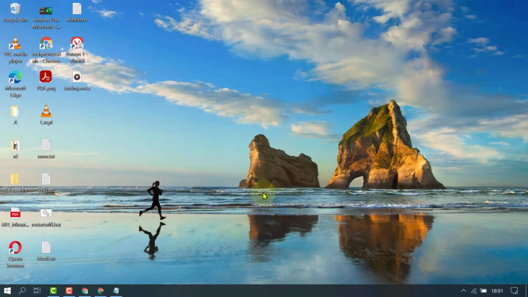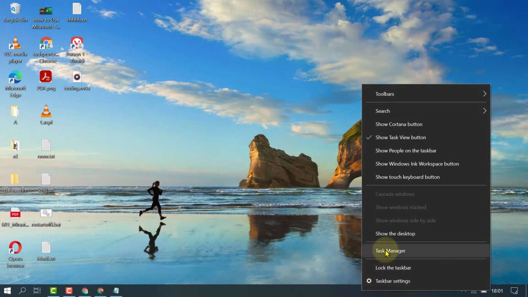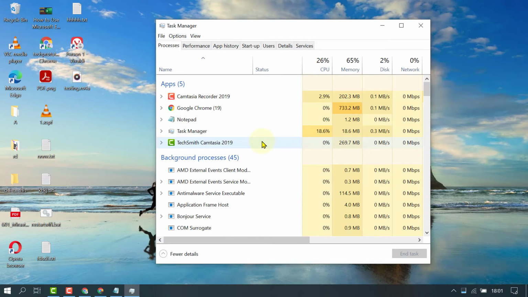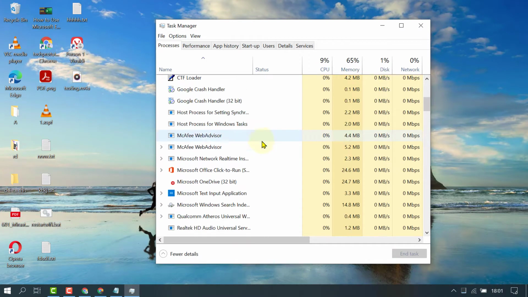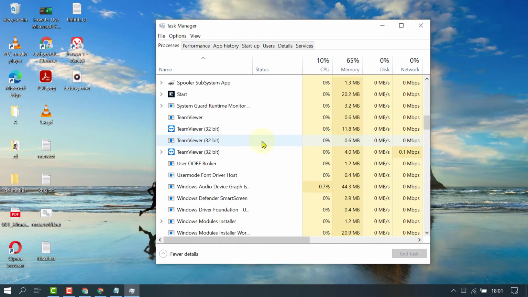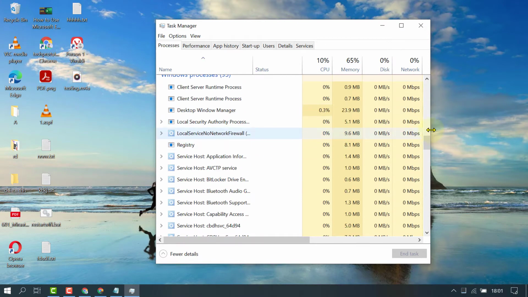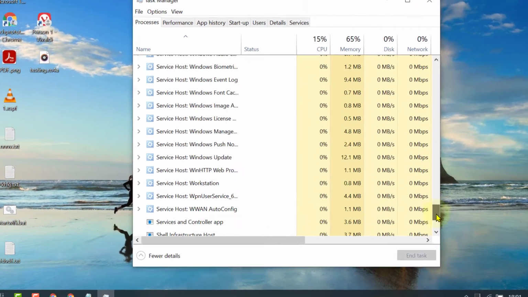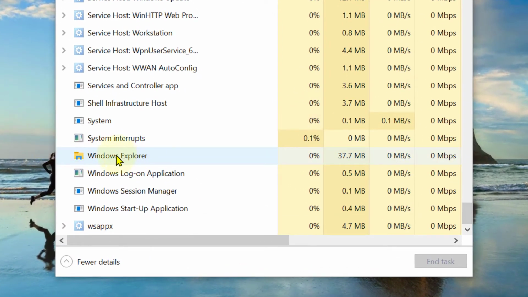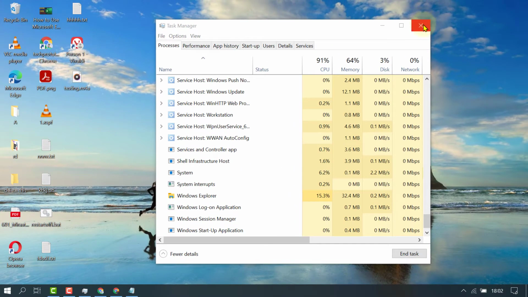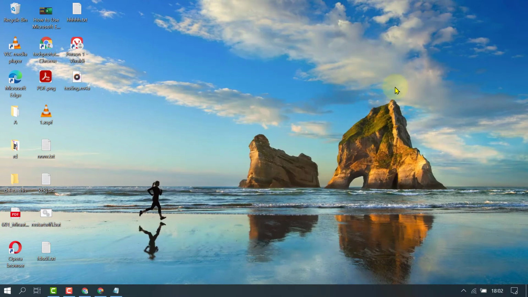close it. Now right click on the taskbar and click on Task Manager. Scroll down and find Windows Explorer, this one. Click on it and click on Restart, and close it. And friends, if this problem is still not resolved,